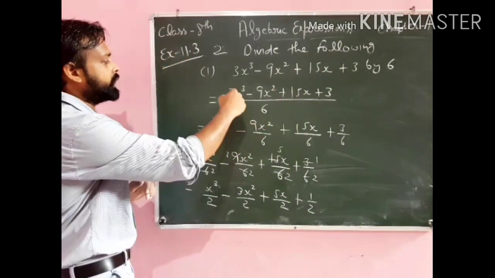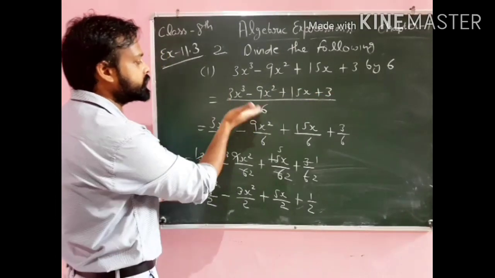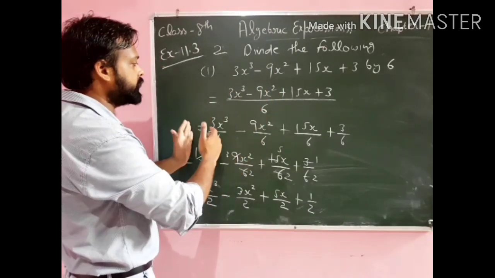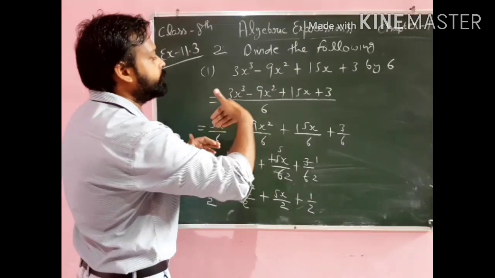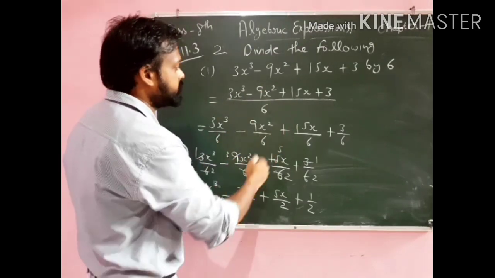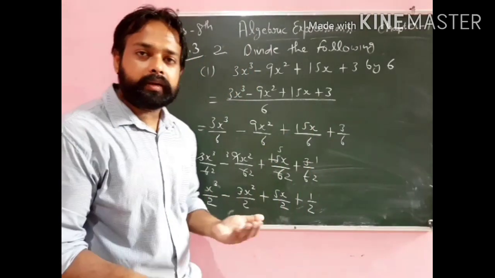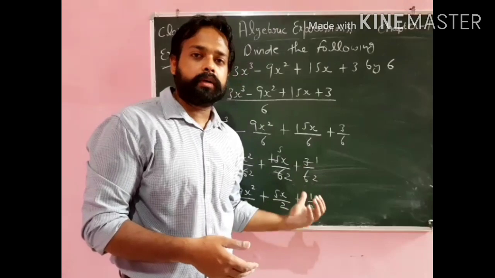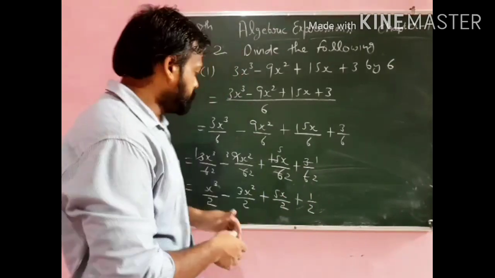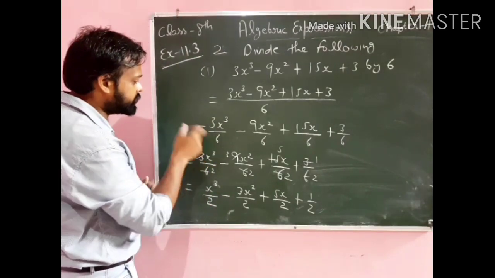But now we cannot directly cancel out the terms because here you can see there are 4 terms and 6 is the common denominator of all the terms. So we can write 6 separately under the denominator of each term. So it will become 3x cube over 6 minus 9x square over 6 plus 15x over 6 plus 3 by 6. Now again we have to cancel out the terms, means if there is any common factor then we have to cancel that one. Now you can see here 3 and 6 both can be cancelled out.